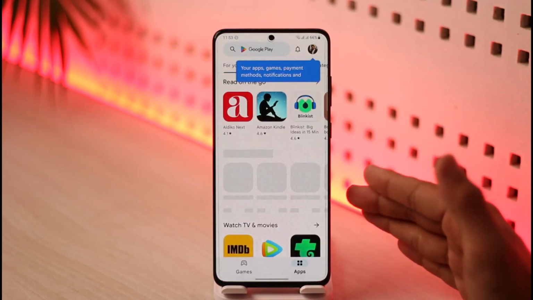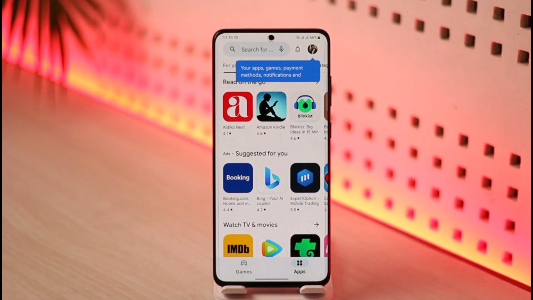You might have purchased a premium application before, just like I have, and in that case maybe you had to add a credit or a debit card and you've added those cards to your Google Play account, right? So once you've added those cards, your card is actually going to remain there for a long period of time or even till eternity, as long as your Google account isn't deleted or as long as you don't remove the card yourself manually. So to remove the payment card from your Google Play account, first of all, open up Play